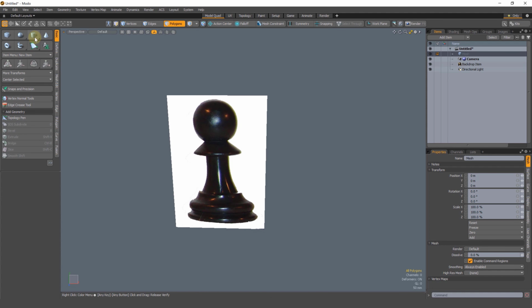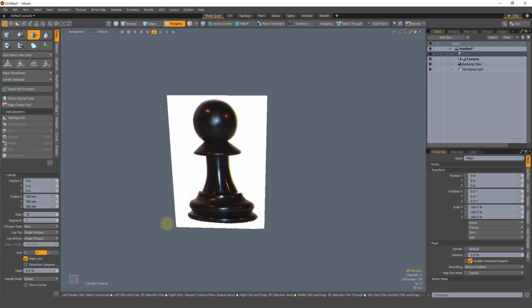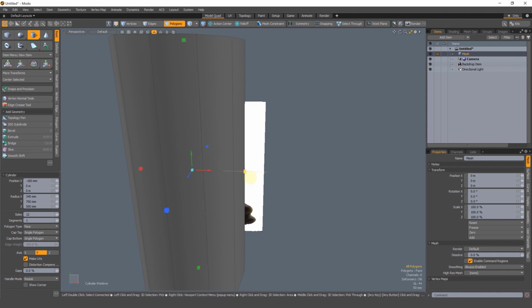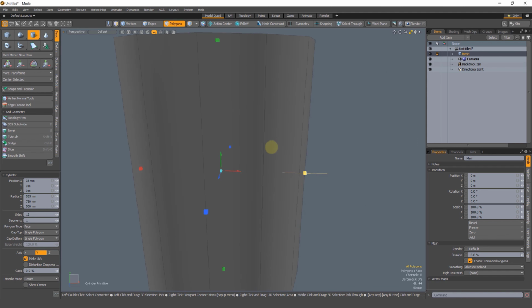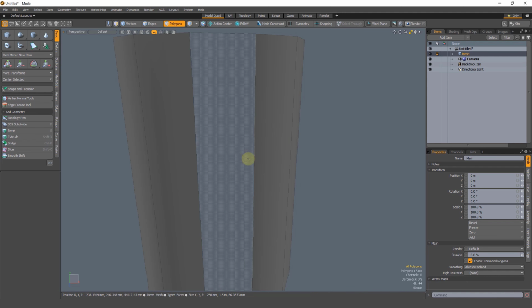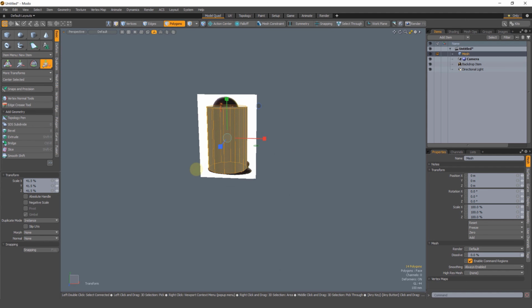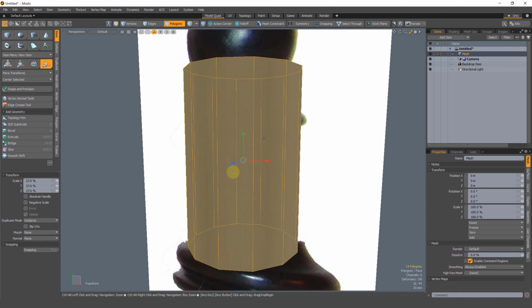So what I'm going to do is I'm going to start with a cylinder, and let's do a 12-sided cylinder. So all these positions set to 0, right click, and we have a cylinder in the scene. I want to be careful I don't accidentally click and drag or do anything weird because I want this to stay perfectly round in the center. So instead of clicking and dragging or anything, I'll just hit the escape key. So from here, I'll take this, scale it down,